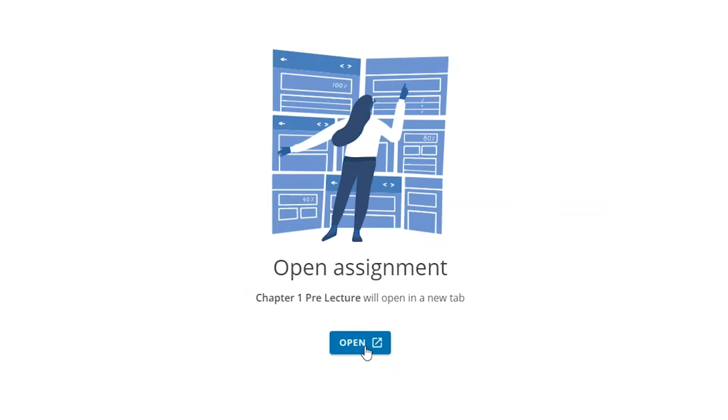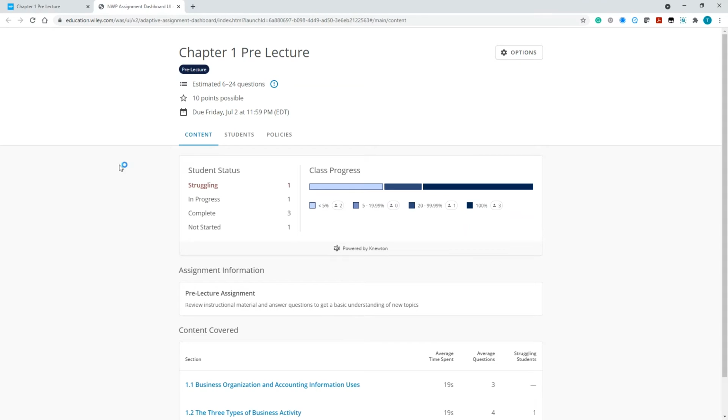Our adaptive assignments provide a lot of meaningful information for both you and your students. But how do you retrieve that and use it in a meaningful way? It couldn't be easier. When you pop into the assignment, you're taken to the Instructor View, where you can immediately